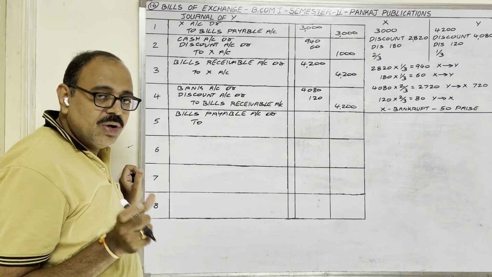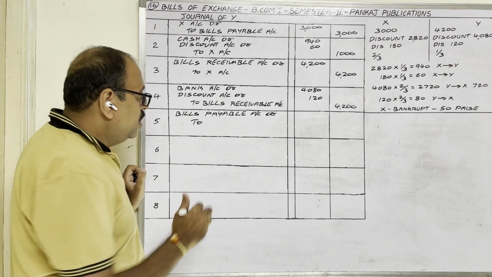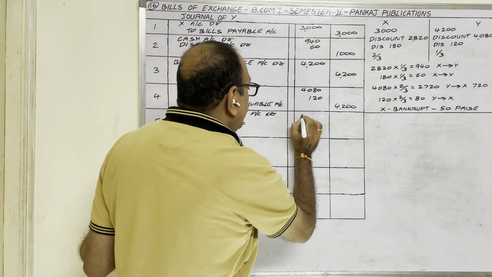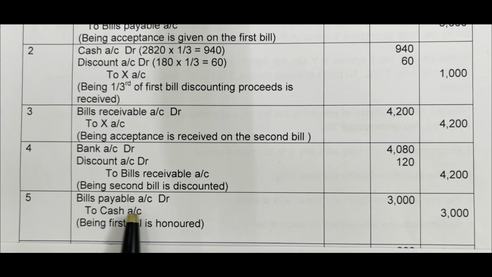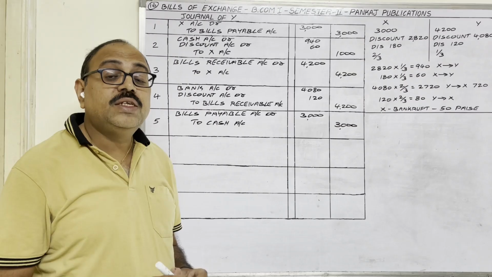So cash account, real account rule, debit what comes in, credit what goes out. Cash is going, so credit cash account. Amount, first bill amount 3,000 rupees. Fifth entry, bills payable account debtor to cash account 3,000. Being first bill is honored. Next entry is for